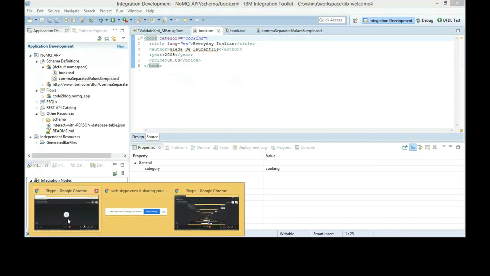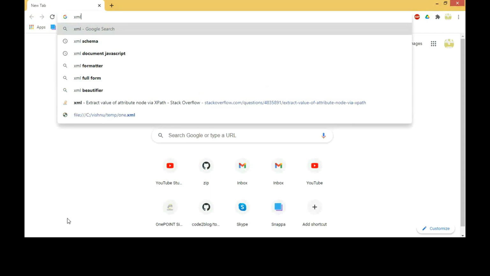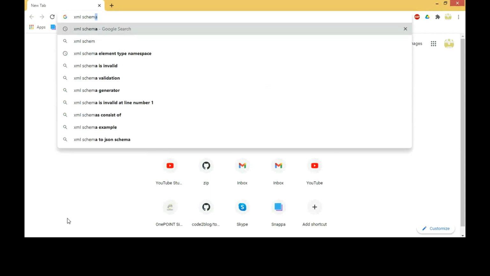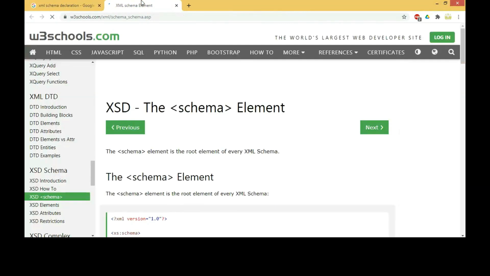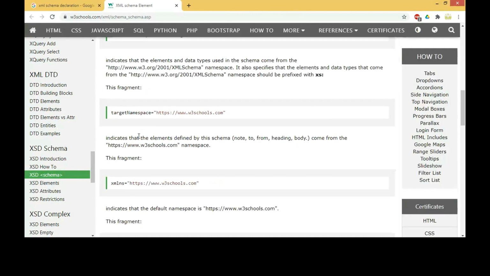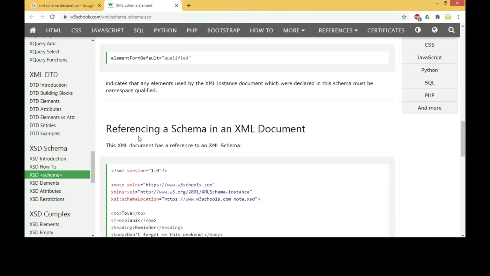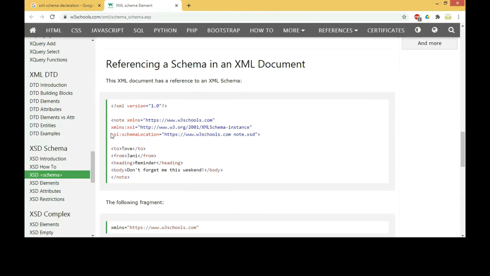Let's test the XML and XSD that we generated. You can test it using IIB runtime, and you can also test it with the toolkit. Eclipse gives you XML validation feature. For that, set the proper keywords such as target namespace and schema location and the path to schema location, the namespace used in schema location. Set all of these values properly and you can validate your XML.